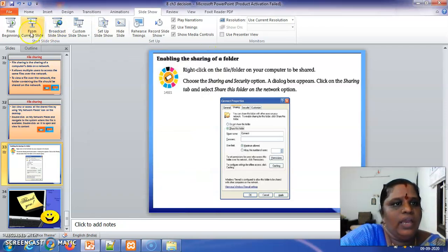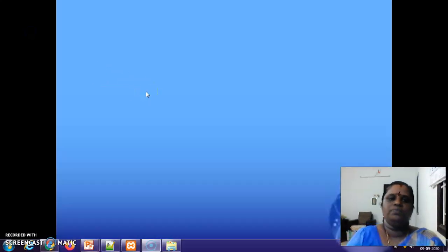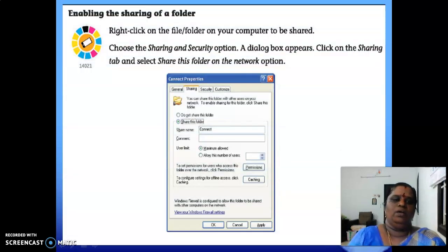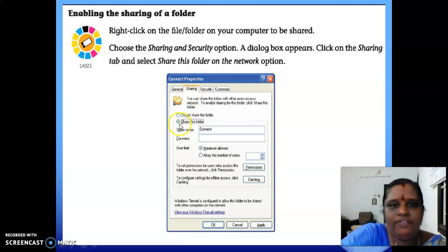Got it? If you are having any doubt in this, so likewise you share the folder or the file. A dialog box will appear. You click on the Sharing tab and select the option to share this folder on the network. See, the Sharing tab and share this folder, your name and connection.